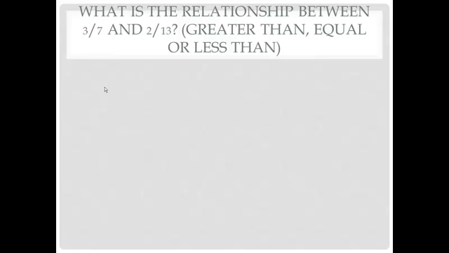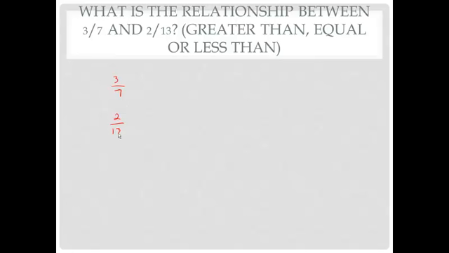What is the relationship between 3/7 and 2/13? Is it greater than, equal, or less than? Now, one way to compare fractions is by getting a common denominator. And one way to get a common denominator, if it's not obvious, and common denominators are common multiples of numbers. One way to get a common denominator, if the common multiple is not obvious, is to multiply each denominator